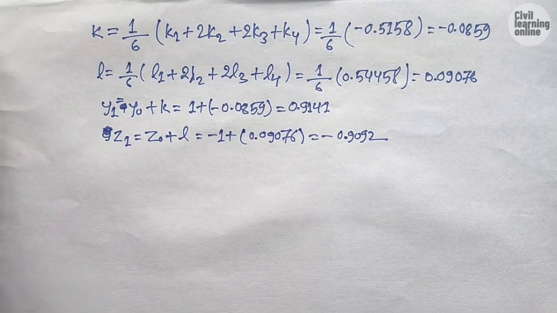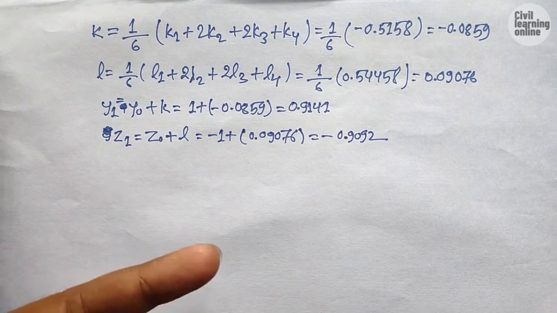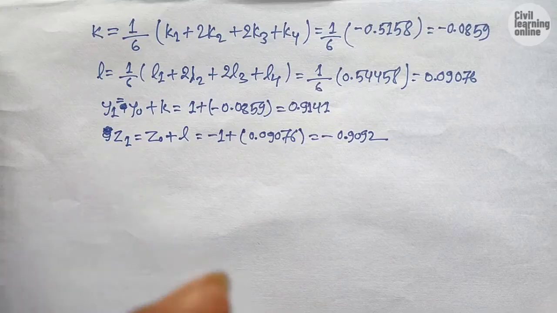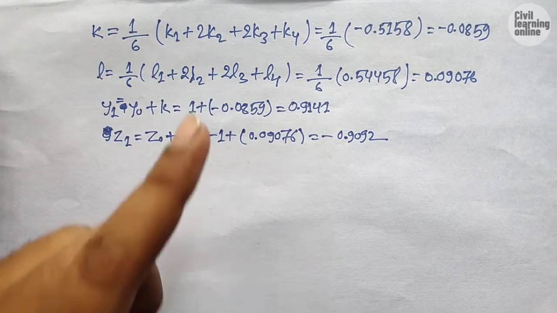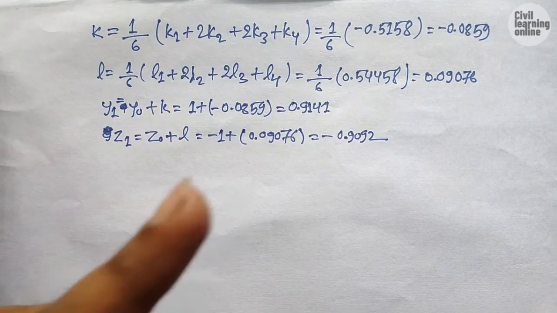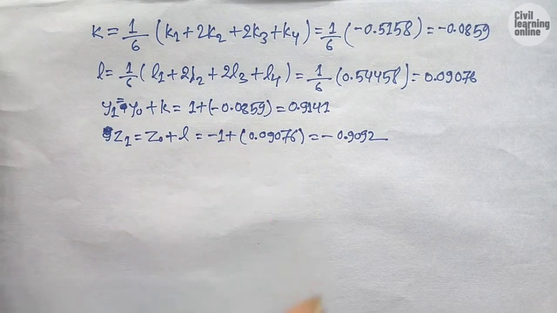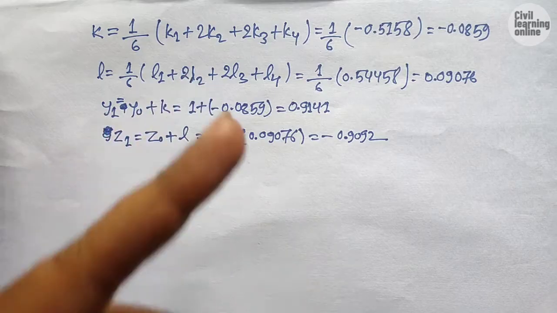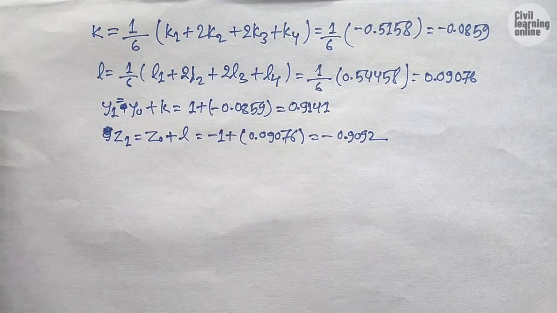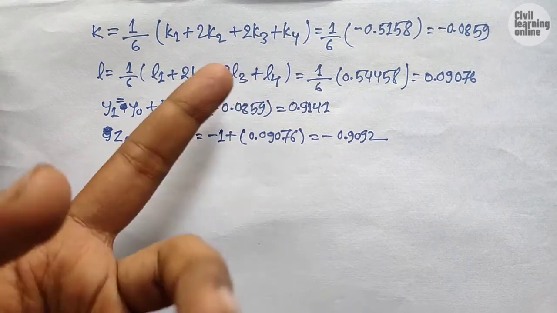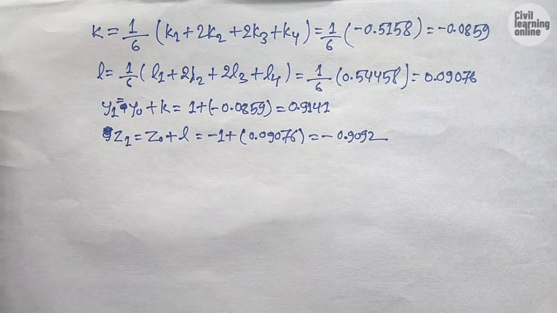We were asked to calculate the values of y and z at x equals 0.1, which we have done here. If we were asked to calculate the values of y and z at x equals 0.2 or 0.3, then we need to repeat the same steps, but replace x0 with x1, and similarly, if we need to proceed up to 0.3, then we just replace x1 with x2. And these are the steps for solving two simultaneous equations by the Runge-Kutta method.